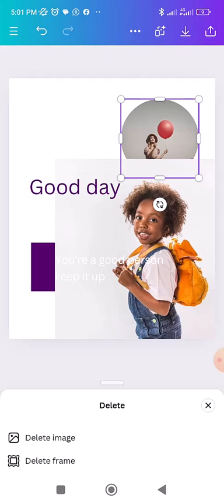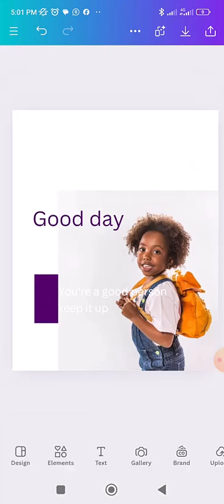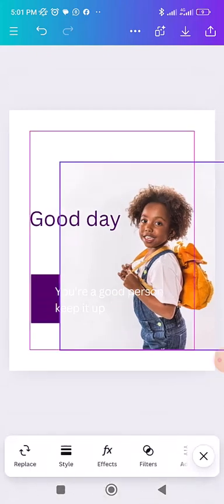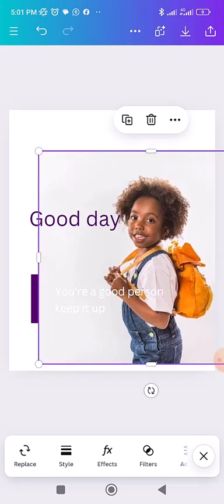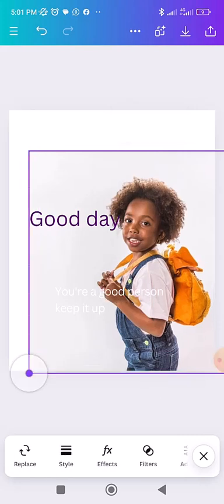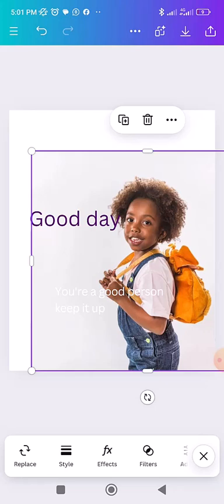Delete frame. Yeah. So I'll adjust this picture like this. Yeah. So now this is our image here. So I want to remove the background of the picture. So I've showed you how to import your picture now. So to remove the background of the picture, if you click the picture like this, if you look down here,